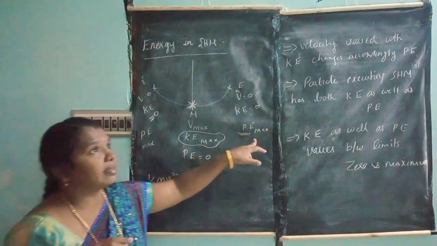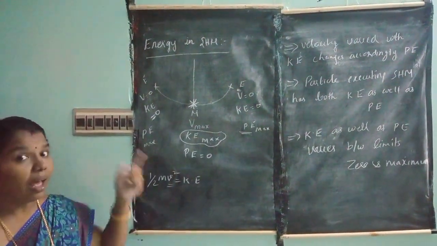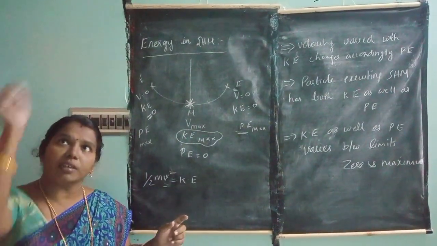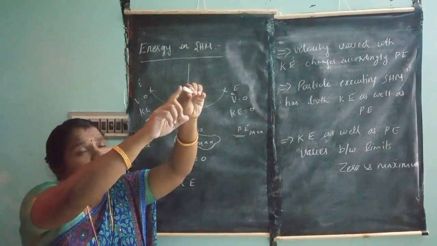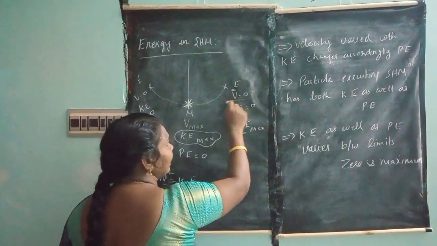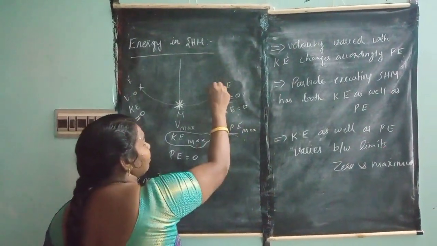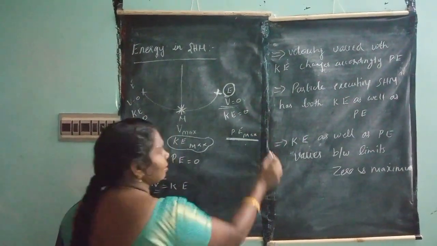This topic I am discussing in projectile motion, in the kinematics we are studying now, and at that situation I have explained it. When I project some object and it goes to the extreme position, its potential energy is maximum. So when height is increased, the potential energy term is maximum. At the extreme position the potential energy term is maximum.